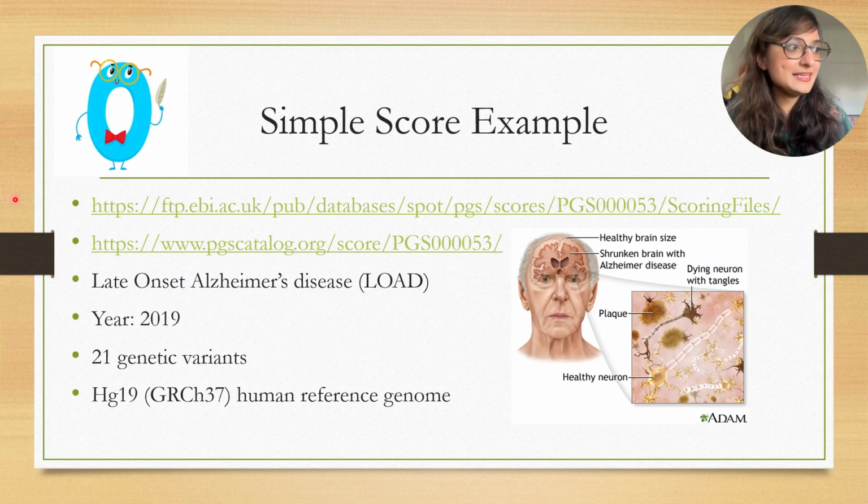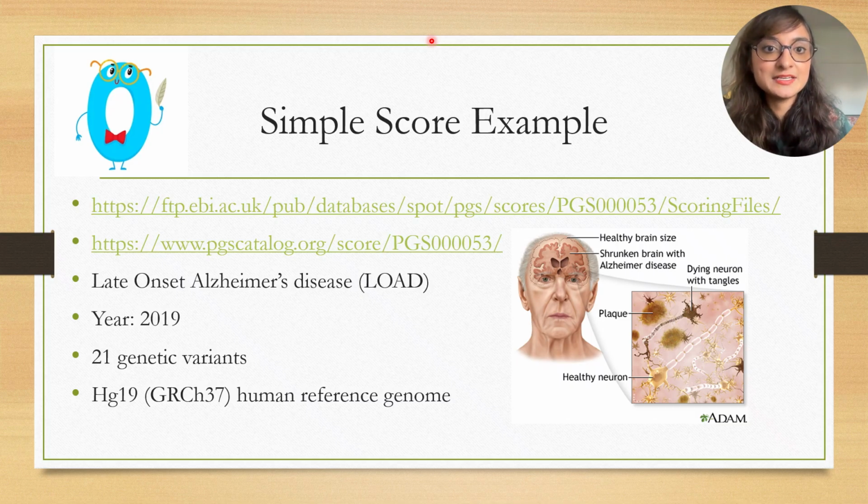So this is like the link, and we'll be going through downloading it and all of that. But essentially, it's for late onset Alzheimer's disease, and it is from a study from 2019 for 21 genetic variants, these SNPs, using the HG19 GRCH37 human reference genome. So Alzheimer's disease, it's a progressive neurodegenerative disorder, and it's the most common cause of dementia